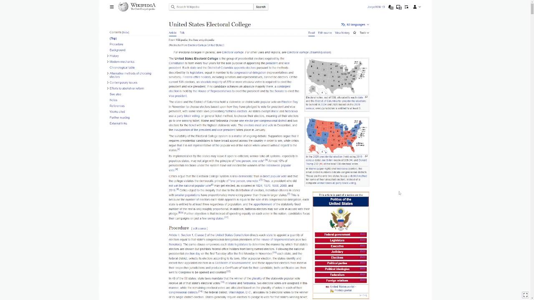Now, another argument in favour of the Electoral College is that the popular vote shouldn't decide national elections anyway, in that the United States is a representative democracy, not a full democracy, in the sense that they choose their representatives. They choose their senators to vote on the issues. They vote on bills, they vote on amendments, and they ultimately vote to impeach the president.